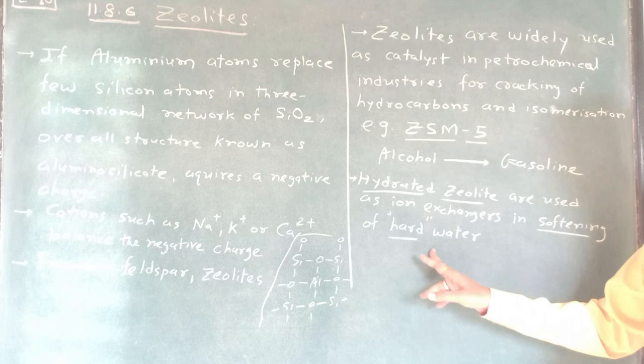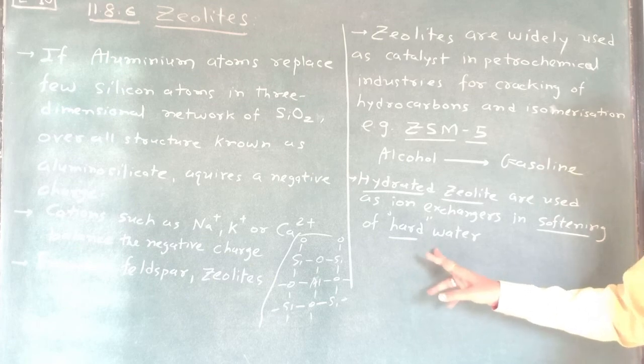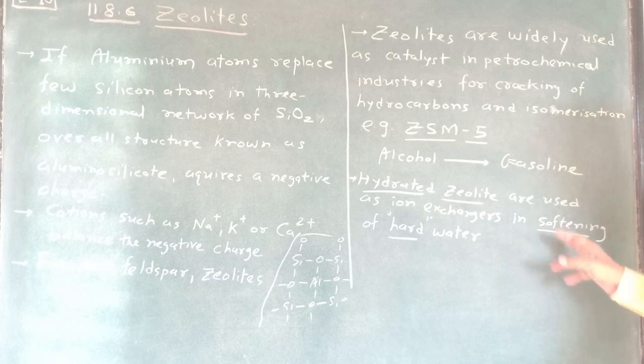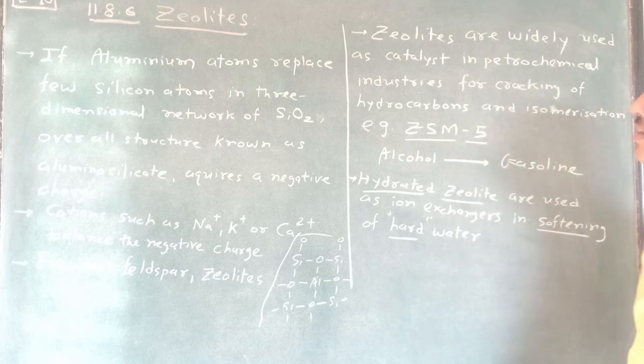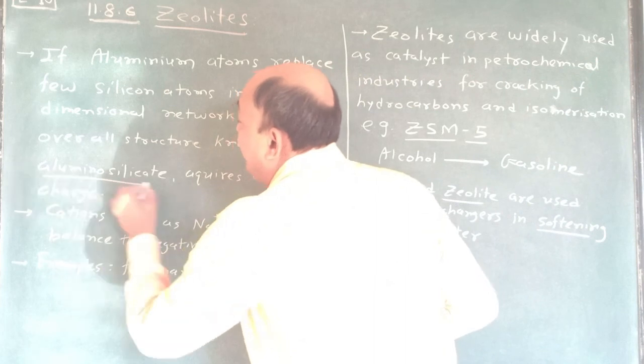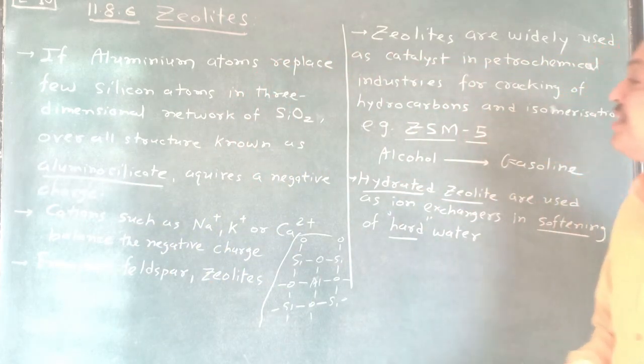This topic is included there. So just see that lecture and observe, and it becomes very easy for you. What is the meaning of zeolite and why is it used in hard water? So this is all about zeolite. Another name, you remember this name also. Aluminosilicate is the name of this zeolite. This is very important.